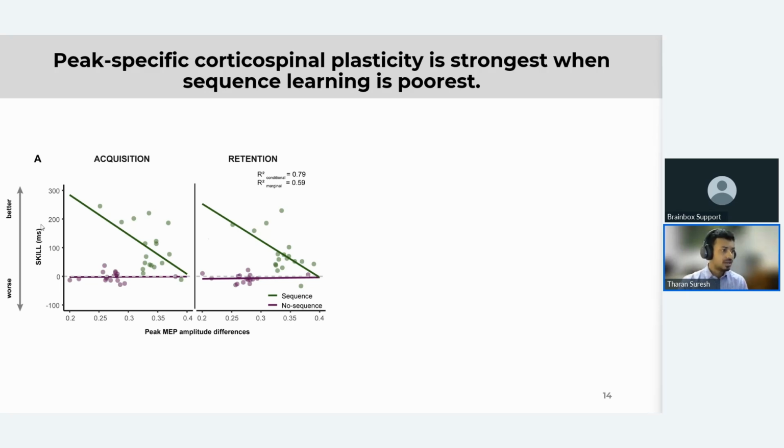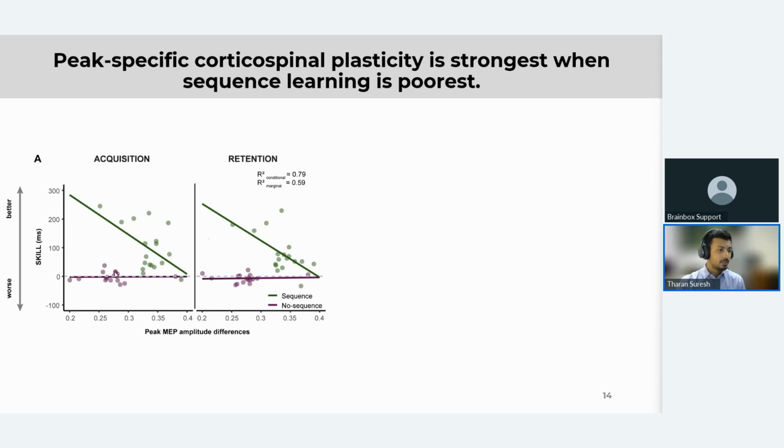skill. So here I have the acquisition and retention skill measure that I mentioned, which was the difference between the last and first sequence and random blocks. So a much higher positive value would indicate that the participant gained skill, and in this case, retained that skill. A lower value indicates worse skill learning. And that's precisely what we see for the sequence group